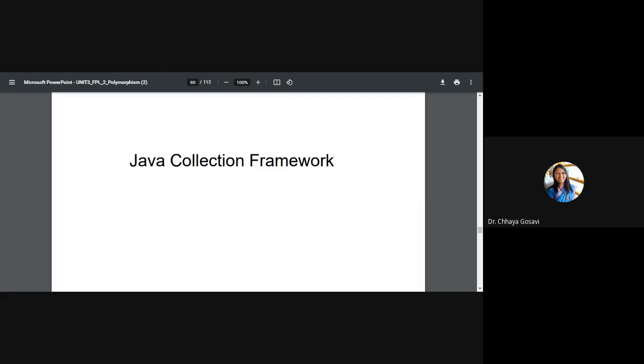And the main feature of the Java collection framework is that all these classes are generalized, meaning they are not defined for any specific data type. For example, the Stack class. Stack is not defined only for integer. It is generalized. Generalized means it can be used for any data type, primitive as well as user-defined data types, like any other class. So let's see what the Java collection framework is.